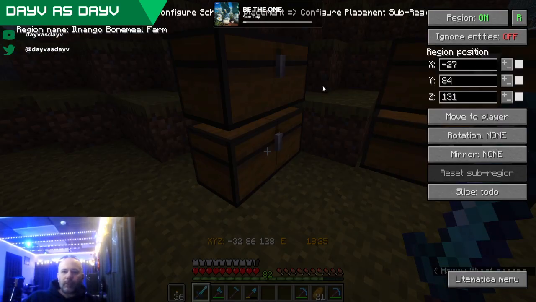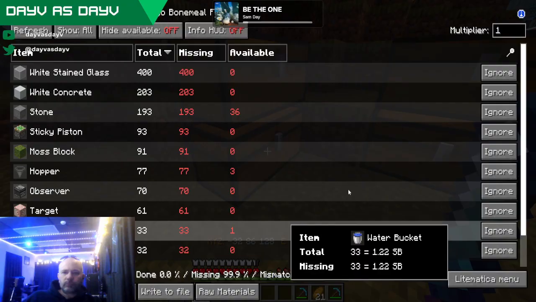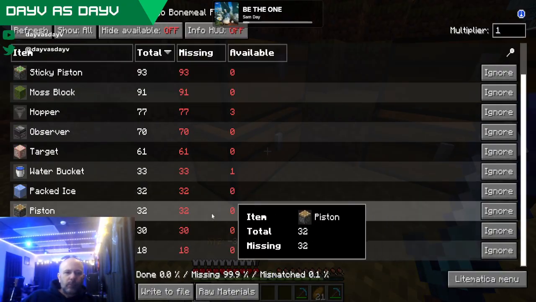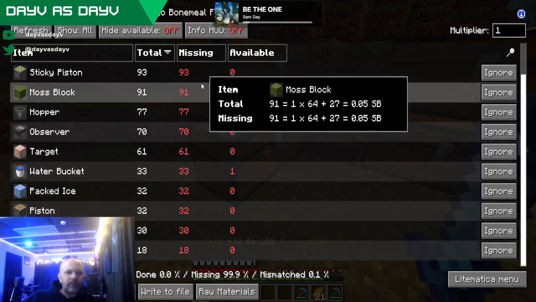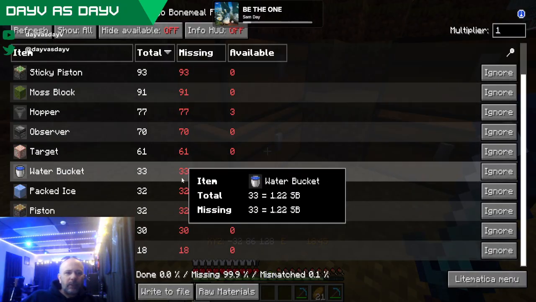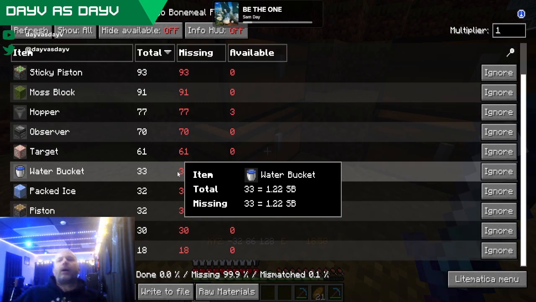Let's go ahead and do the thing again. That was it. Go back. 32 regular pistons, 93 sticky pistons. All right. I'm going to be knocking some of this out later. I think that's kind of the general plan, though.